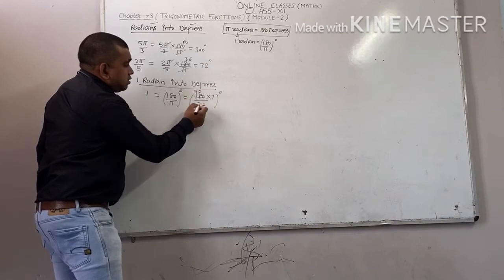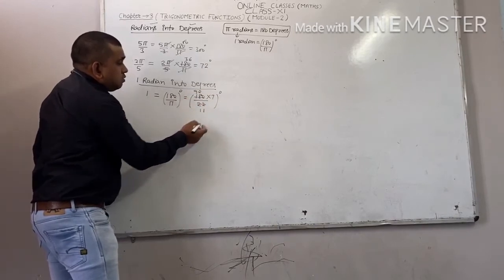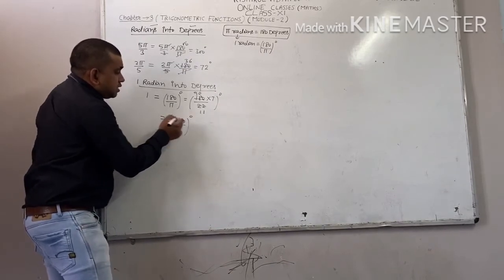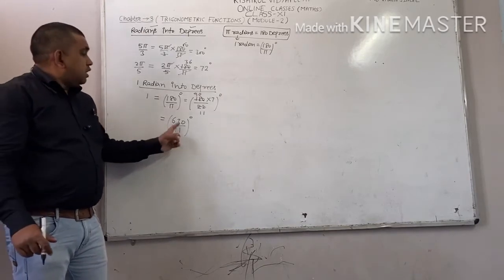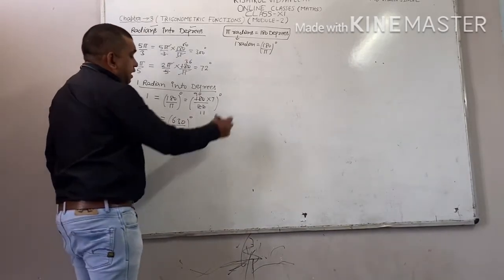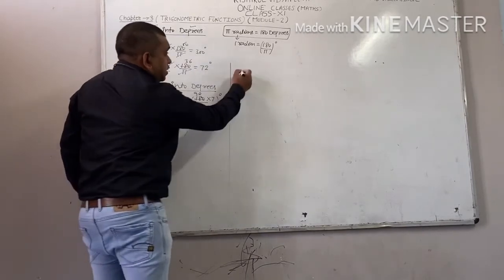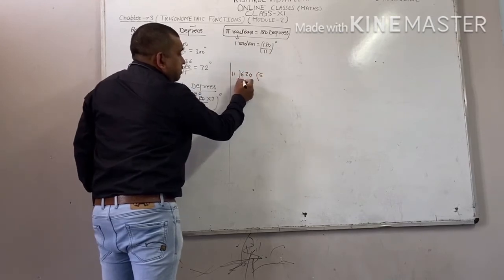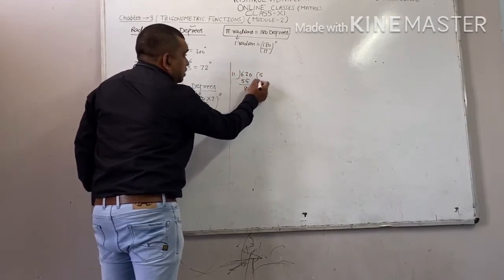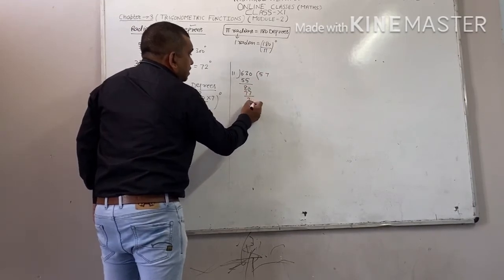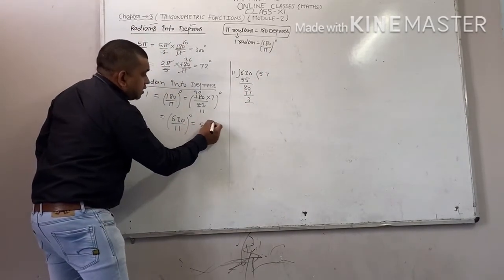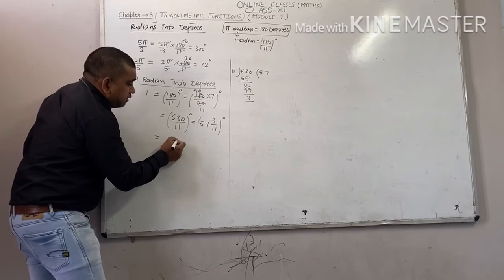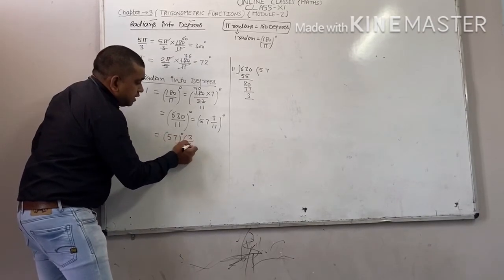Cut it. 2 9 ja 18, 0. 2 1 ja 1, 2 1 ja 2, 2 1 ja 2. This is your 630 upon 11 degrees. Now when your answer comes in fraction, then you will convert into smaller units also. How will you convert? Divide. You can do rough work here. 630 by 11. What you will get? 11 5 ja 55, 8 0, 11 7 ja 77. What you will get? 57 3 by 11 degrees. Now separate it. You will get 57 degrees and 3 by 11 degrees separate.